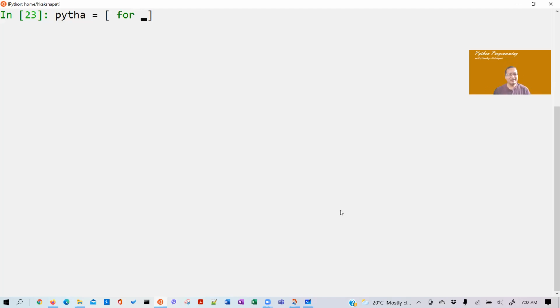Isn't that right? Okay. So let's for x in range 1 to 21, एकदेखि 20 सम्म